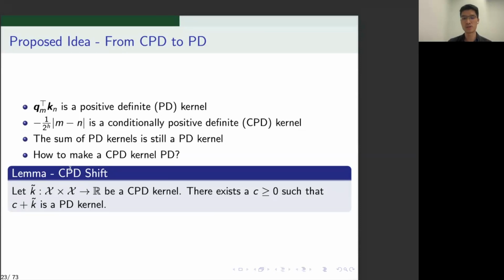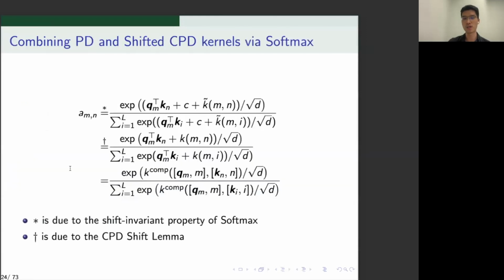So we prove in the paper a CPD shift lemma, and it basically says that if we have a CPD kernel k tilde, there exists a non-negative number C such that if we add this C to k tilde, it becomes a PD kernel. So this is just a theoretical result, and we will see how we can use this in the